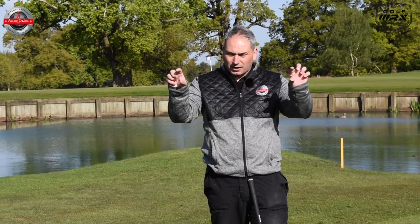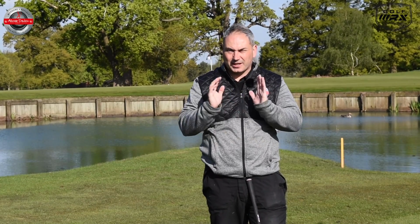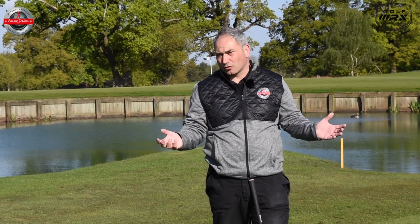And we're looking for the lips of your golf balls with pitching to be very kind of horizontal if we can. Mostly it's vertical this way, because we tend to hit our wedges fairly straight, but we don't tend to get the distance control bang on. It tends to be more short and long online. So the more we can get the distance shot right, the more we're going to have shorter putts, therefore reduce our scores. So take away some of the technical thinking, give us a nice simple system,